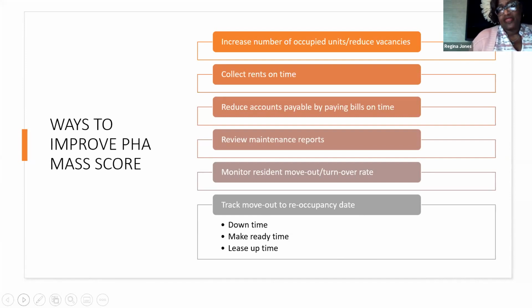Anything additional to add there, Eva? So on the tenant accounts receivable, that's FDS line 126 divided by FDS line 70300. I put it in the chat, and I can upload the REAC reports, the REAC training for these documents too. Okay, thanks, Eva. I appreciate that. Thank you so much.